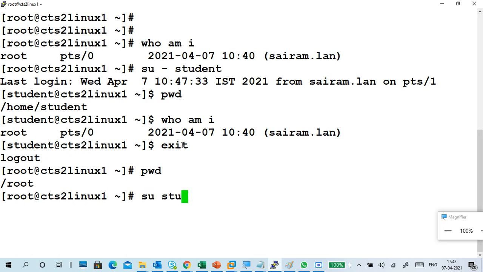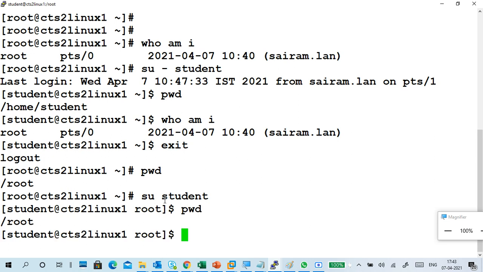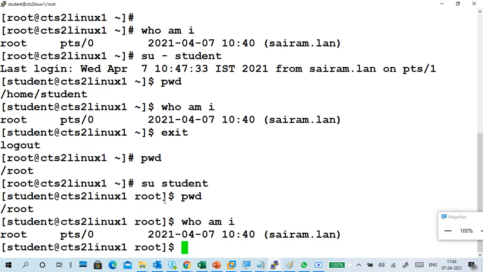su student. Now you can see the difference between hyphen and no hyphen. I logged in as student, but my pwd is /root. Understand? That is another difference. Of course, whoami is still root only, but why is it /root?